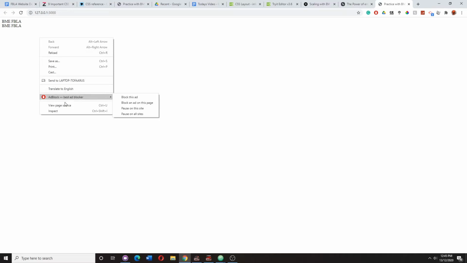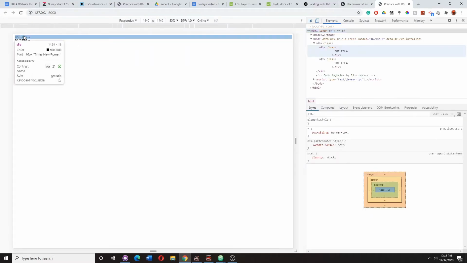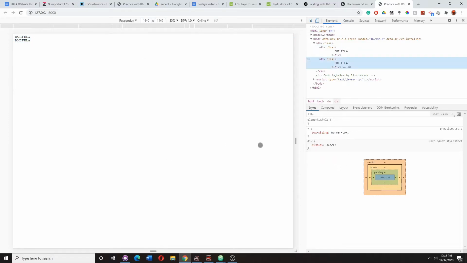But what if we want to put both of these divisions on the same line? So you can see that this division is like this and this division is like this. The reason why they are not appearing on the same line is because they are set to display block, which is the default style, which pretty much every single HTML element has. Again, pretty much every single, meaning not every single HTML element has this display. And what this display does is it creates a line break between